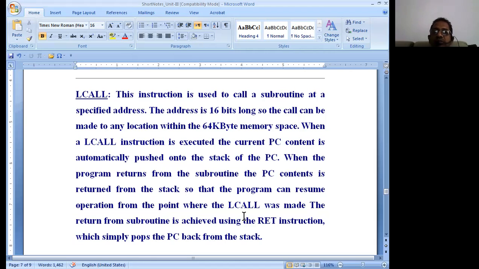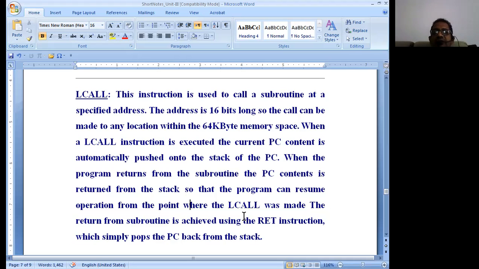So there are two instructions used here, known as push and pop. Before the control goes to the specified location in the call instruction, the next address in the main program is pushed into the stack.